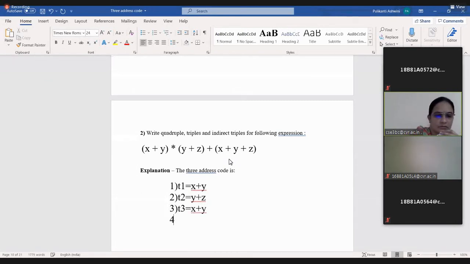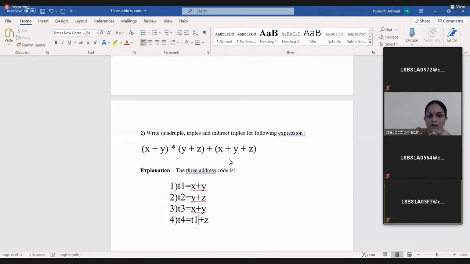And next, coming to the fourth statement, I'll take one more temporary variable called t4, and t4 is equal to x plus y plus z. Already that x plus y is available in t3, so I can write t3 plus z. So instead of taking this statement, directly I can take t1 plus z.